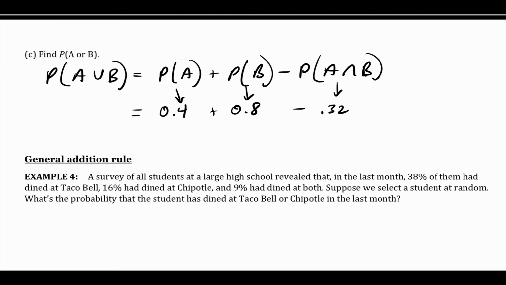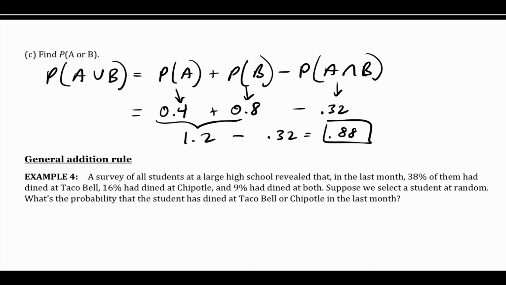So I add them together. Let's see, I add these two guys together, I get 1.2 and then minus 0.32, and I get 0.78. No, 0.88. So what that tells me is there's an 88% chance that if I reach my hand into the bag,